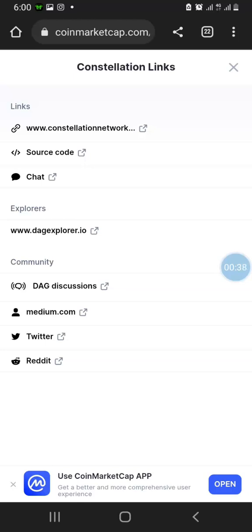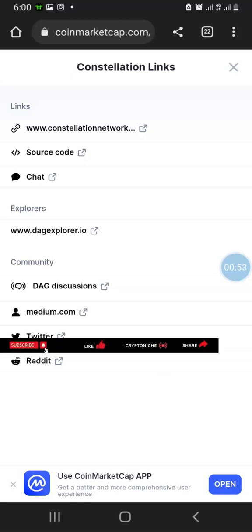Constellation Network is powered by hypergraph. It uses some level of cryptography, so that makes it a cryptocurrency. But a hypergraph is not necessarily a blockchain. If you have a contrary opinion about this, you can let me know in the comment box. So that said, how do you install the wallet